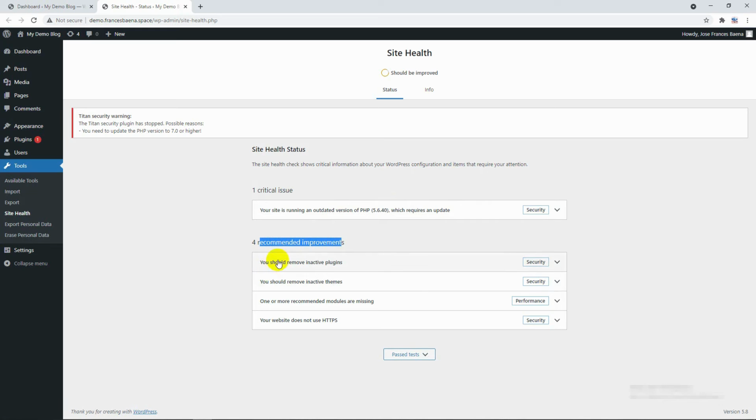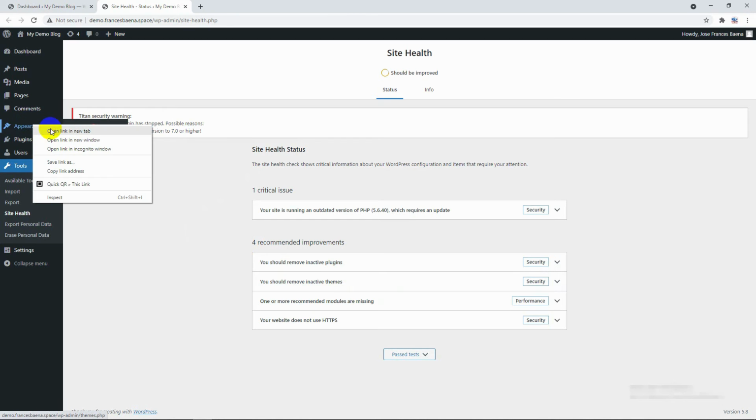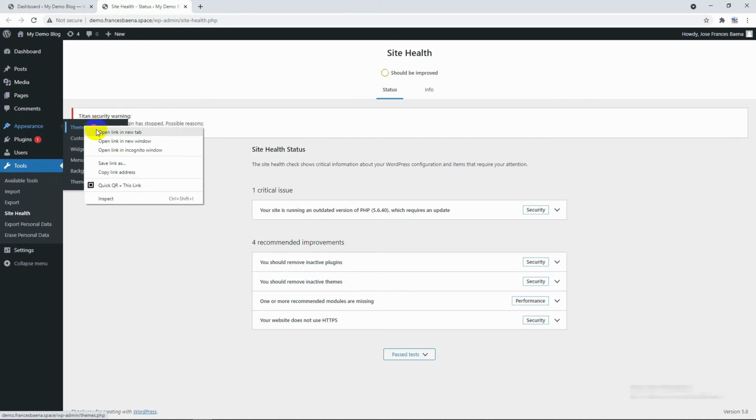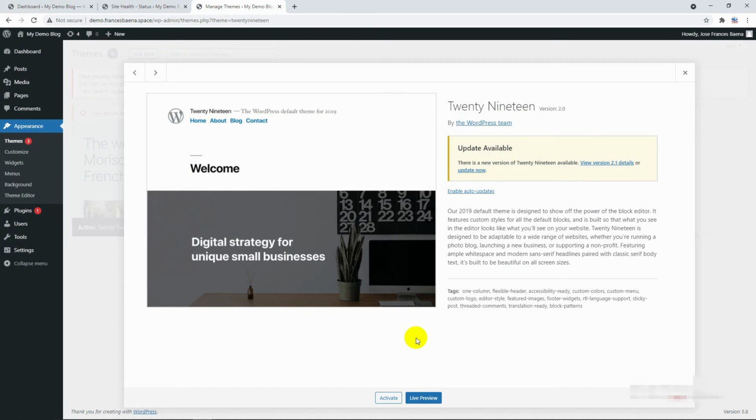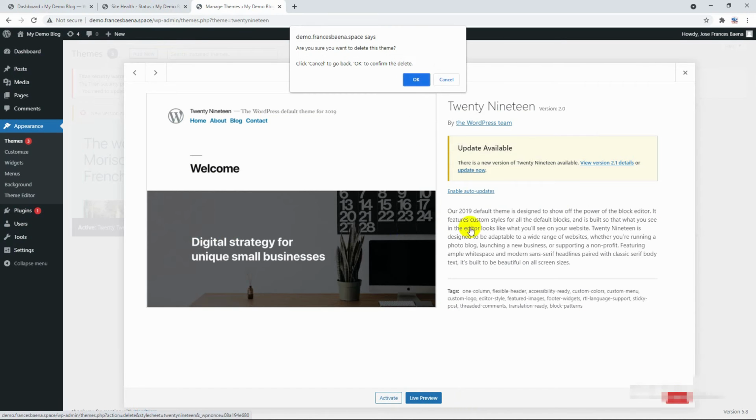And so we need to update our plugins. You should remove inactive themes. Yeah, of course, but we will retain what we call a fallback theme, at least one. So you should have 2 themes at all. Okay, and we can just remove either 2019 or 2020. Let's just remove the 2019. I don't like to remove